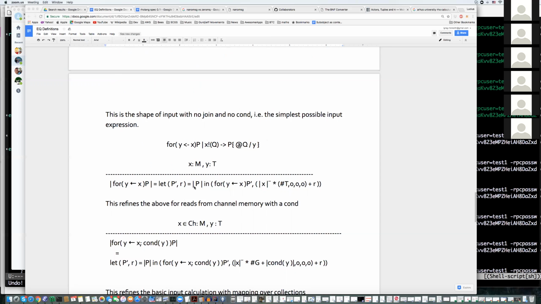Now remember, the cost of the continuation returns a pair, one of which is the 4-tuple here, and the other is the potentially rewritten continuation. So you go and calculate recursively the cost of the continuation from the forward comprehension. You get back a pair, and you let R be the cost annotation, and P be the potentially rewritten continuation,